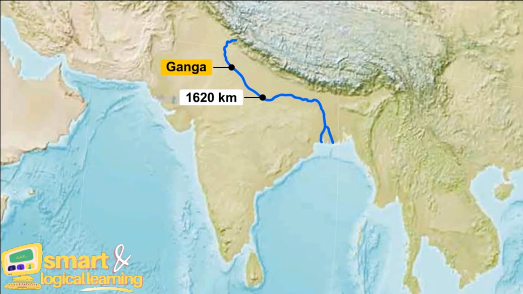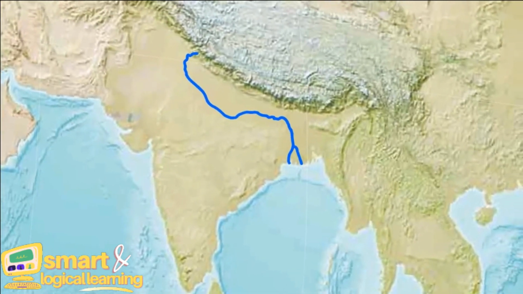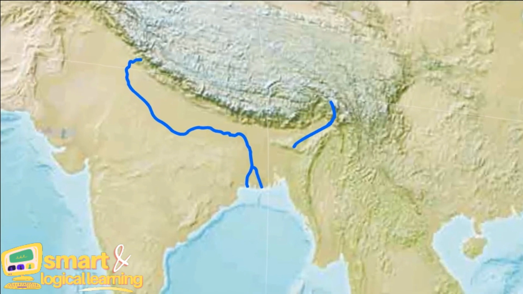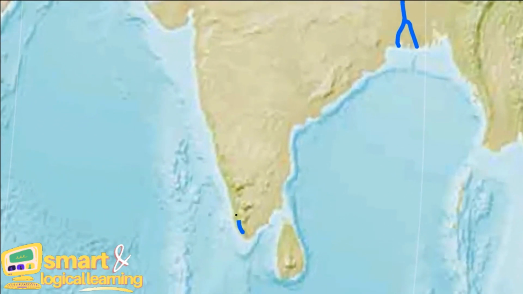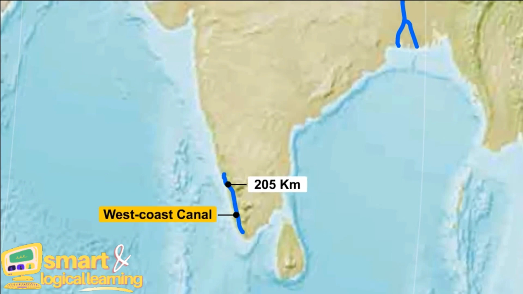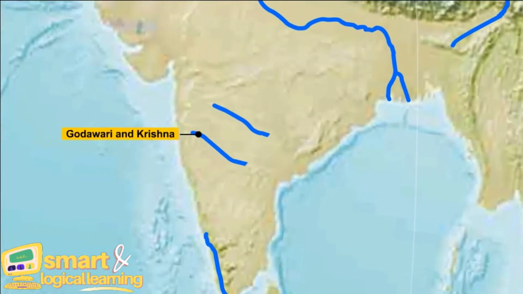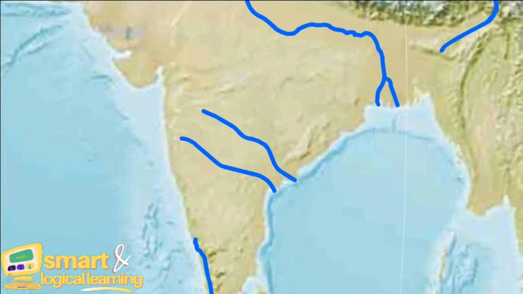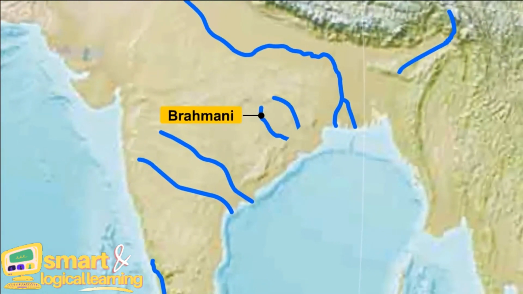1620 km. 2. Waterway 2. The Brahmaputra River, 891 km. 3. Waterway 3. The West Coast Canal in Kerala, 205 km. 4. Waterway 4. River Godavari and Krishna, 1078 km. 5. Waterway 5. River Brahmani with Matai River and Mahanadi,